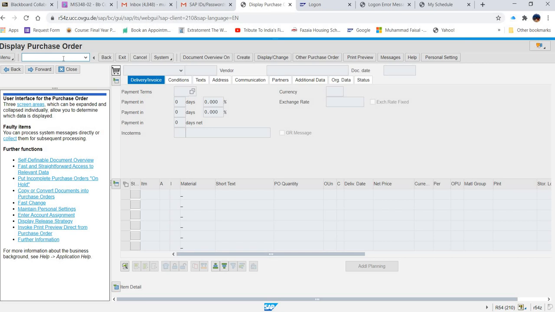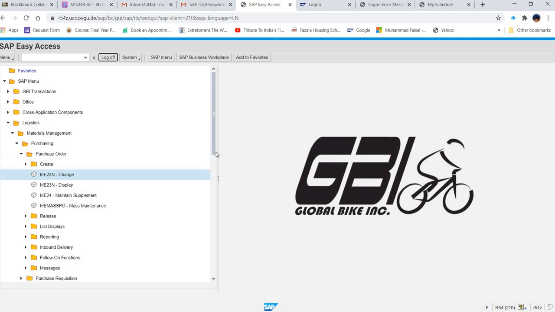You can see again the same screen that we received. So this is the benefit of having the transaction code with you. Any transaction that you use frequently, you can remember the code and directly put that code here and run that transaction. This is one of the great facilities given by SAP ERP.